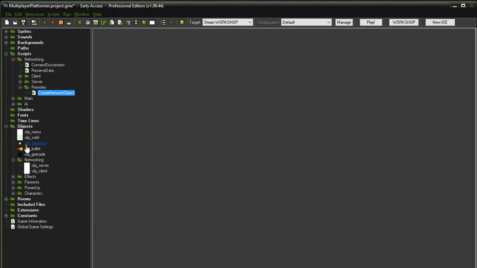This script will need the network ID, the owner ID, the TMID if necessary for the player, the X, the Y, the vertical speed, and the horizontal speed. We'll get back to this script later, but for now let's go back to the